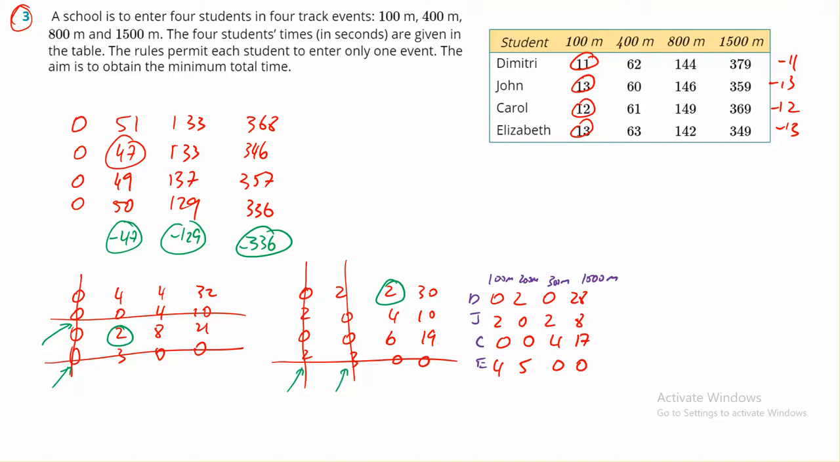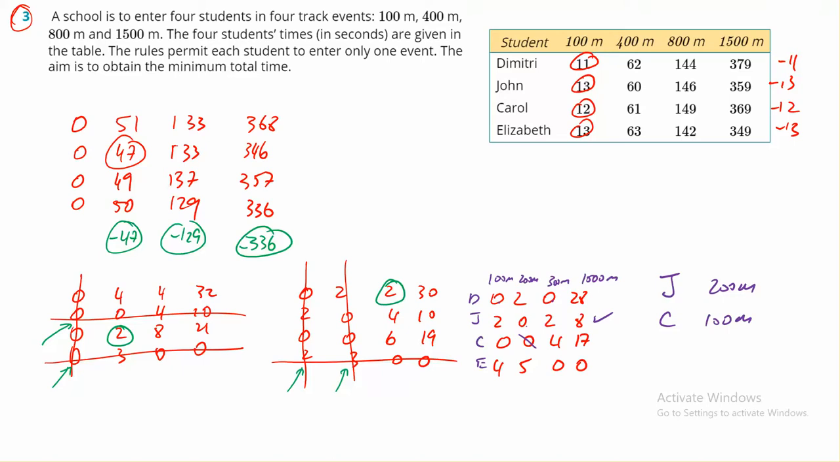So how do I interpret the final table? Dimitri can do 100 meters and 300 meters. John can only do 200 meters. So if John can only do 200 meters, I'm going to put John to 200 meters. So the allocation's done. If John has taken up the 200 meters, then it means that Carol can no longer do 200 meters. She only has one option, 100 meters. So Carol does 100 meters, and